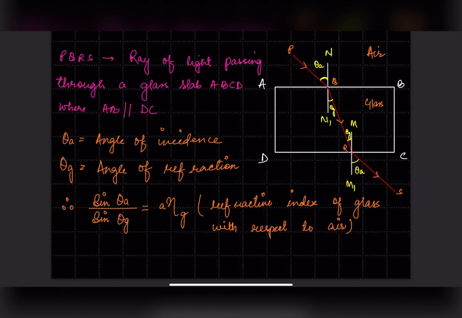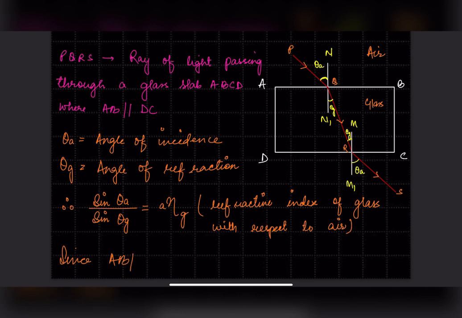Okay, this is my refractive index of glass. The refractive index of this glass with respect to air will be the sine of the angle of incidence divided by the sine of the angle of refraction. Okay, now we know that since